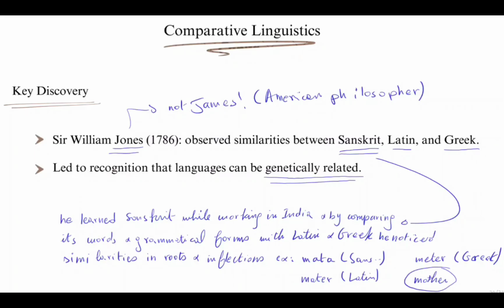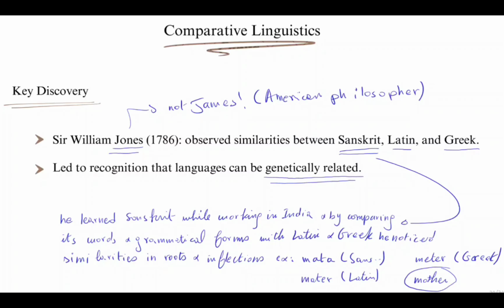So, it all started with Sir William Jones, not James, who is an American philosopher. Now, Sir William Jones observed similarities between Sanskrit, Latin, and Greek. All right? Basically, he learned Sanskrit while working in India. All right? And by comparing its words and grammatical forms with Latin and Greek, he noticed similarities in roots and